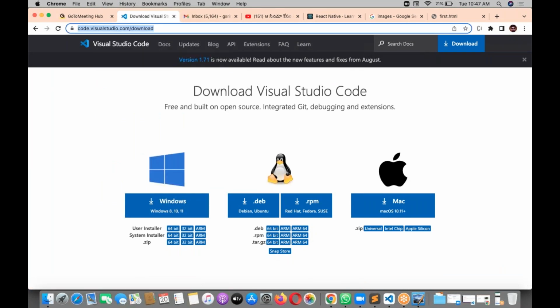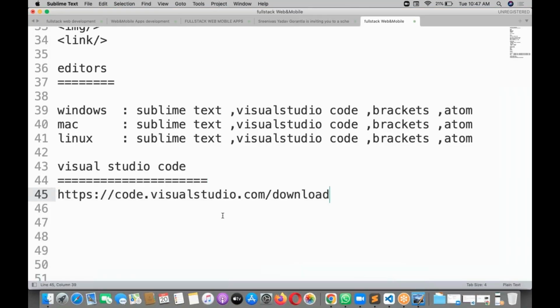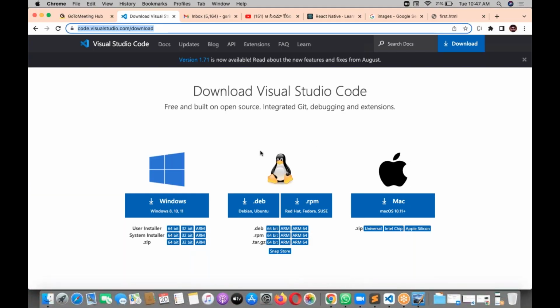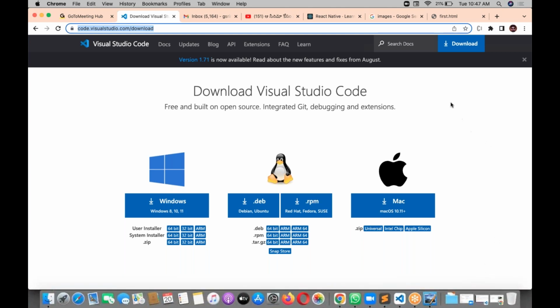This is the official website, and from it you have to download Visual Studio Code based on your operating system. If you are using a Windows machine, please download the Windows software. If you are using a Mac machine, please go with the Mac software. That is fine.